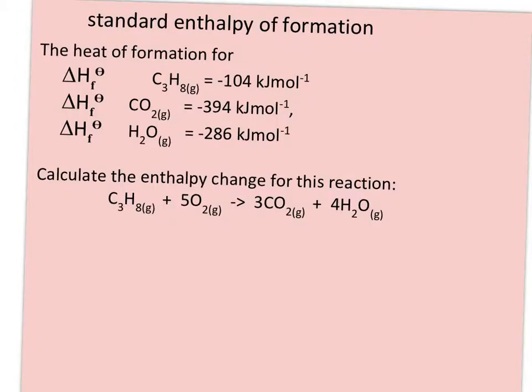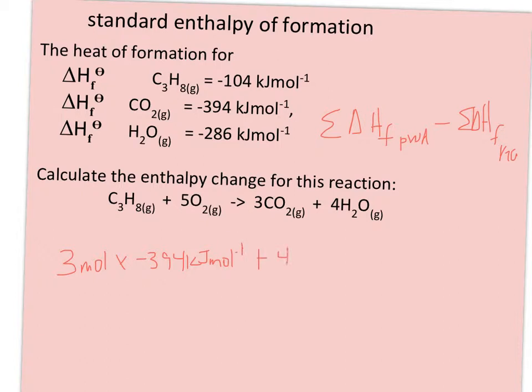It says the heats of formation for these three substances are given. Calculate the enthalpy change for this reaction. So remember, I'm going to take the sum of delta H, the heats of formation for my products, and I'm going to subtract the sum of the heats of formation for my reactants. So starting with the products, I have 3 moles of CO2 forming, and each mole of CO2 releases negative 394 kilojoules per mole,